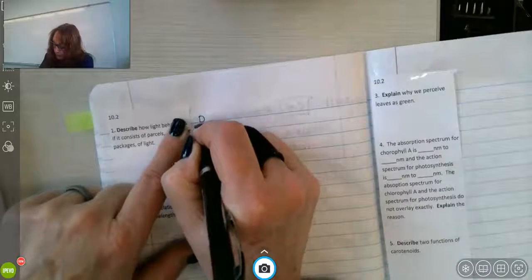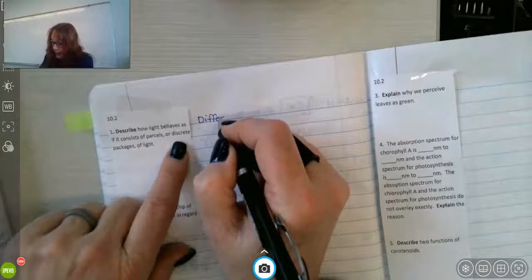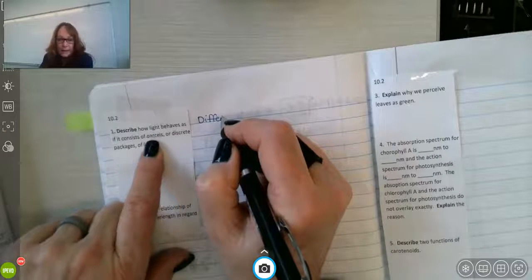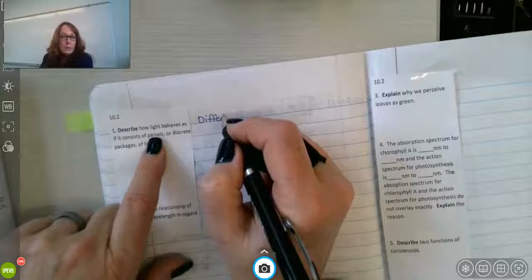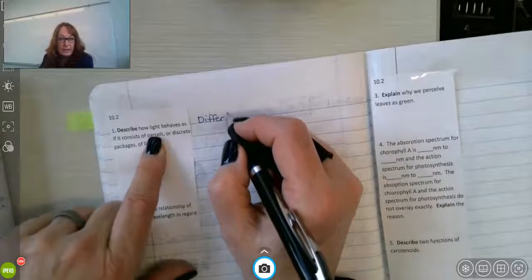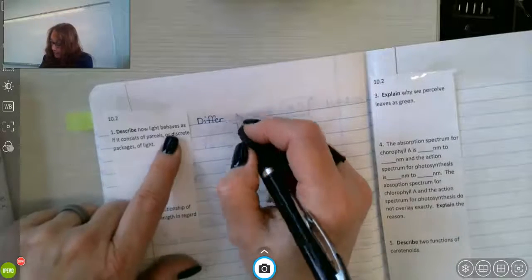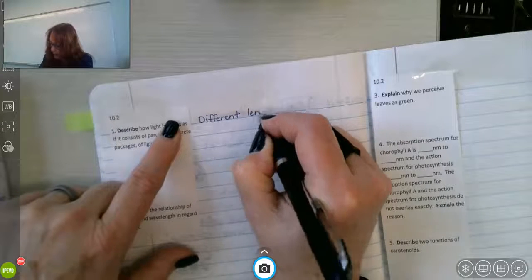So to answer that question, why does it act like a wave? Why does it act like it's got a certain or specific amount of light, of energy? It's because different wavelengths have different energy. So different lengths of waves